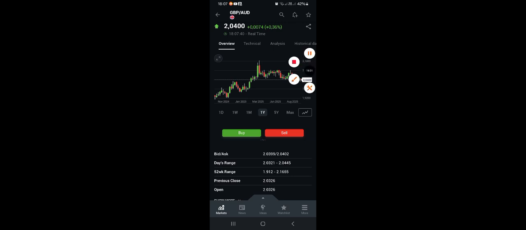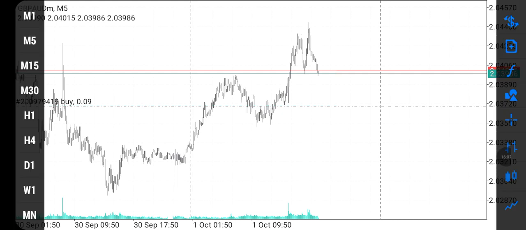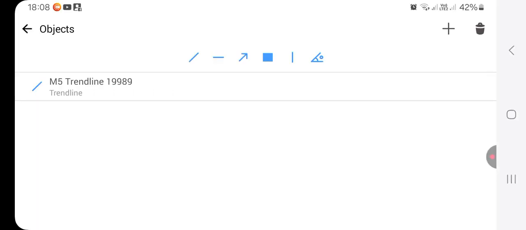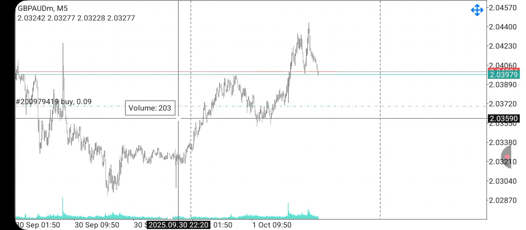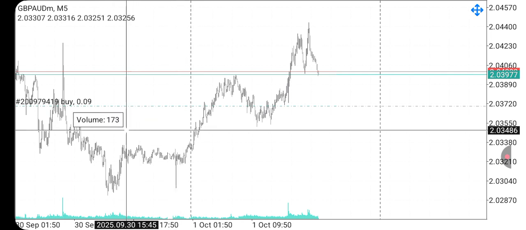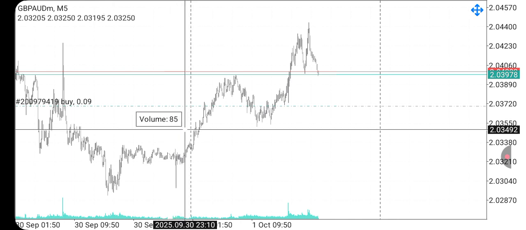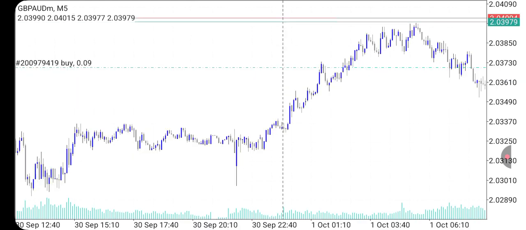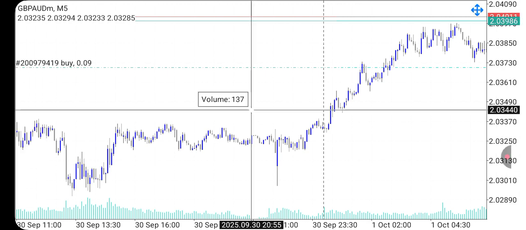So let's go. So guys, as you can see here, what we're gonna do, we go and look for the same information that we want. As you can see, the market from here up until 12 o'clock is a downtrend. Let's draw our line so that you can see it properly. It was a ranging downtrend, but this is a downtrend according to the closing.